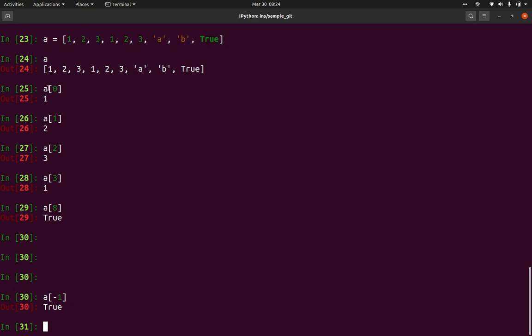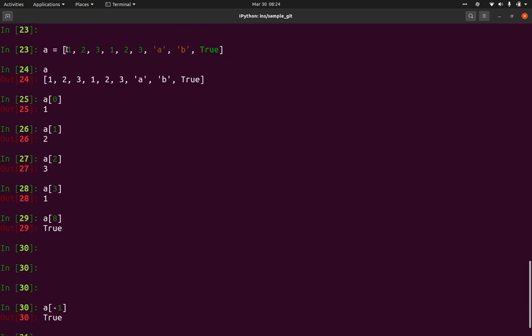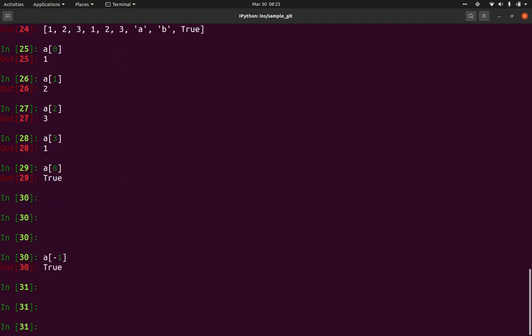These are simple elements, I am fetching only one particular element at a time: the first element, the second element, like this. Let's say I want to fetch multiple elements in a list. I have a list and I want to get the first 3 elements, and that will also give me a list. To do that, I will have to use the slicing method, where we use a colon. Just remember we have to use a colon in between.